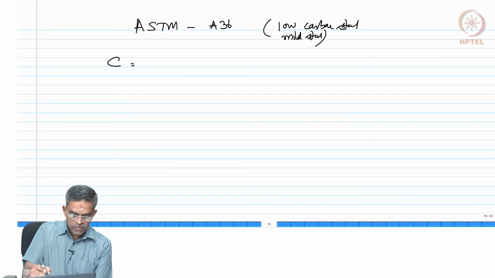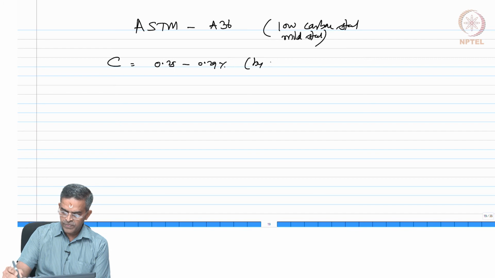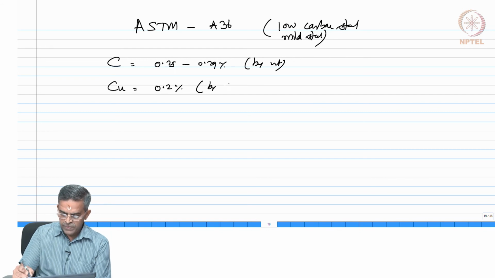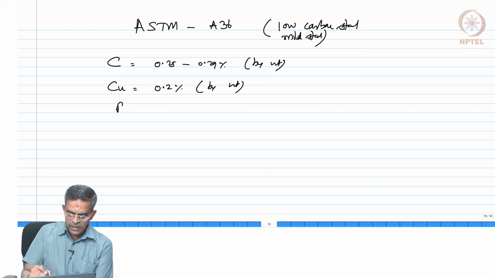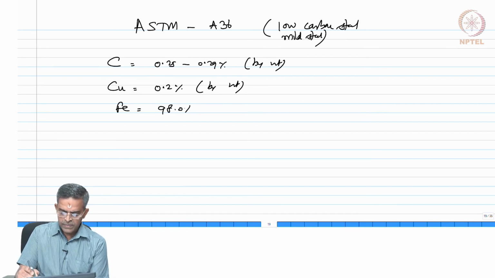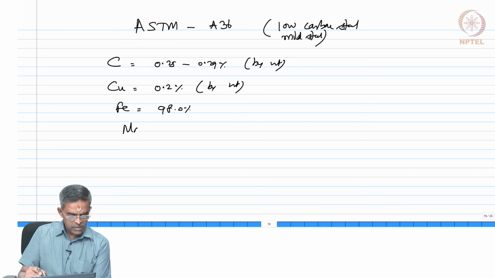This has carbon 0.25 to 0.29% by weight. It has copper 0.2% by weight. It has iron 98% by weight. It has manganese